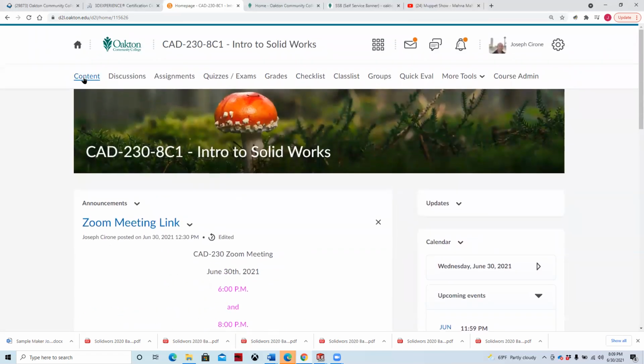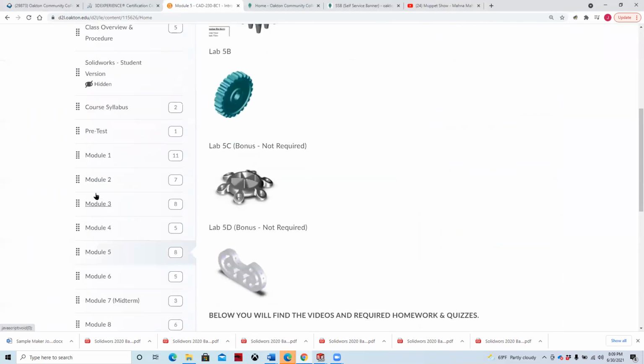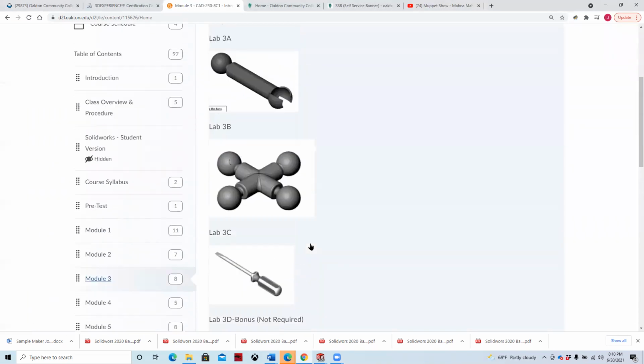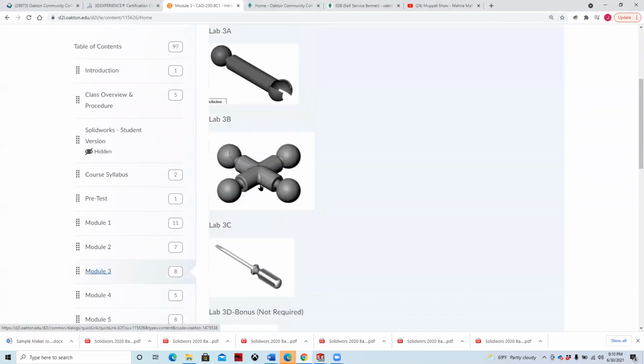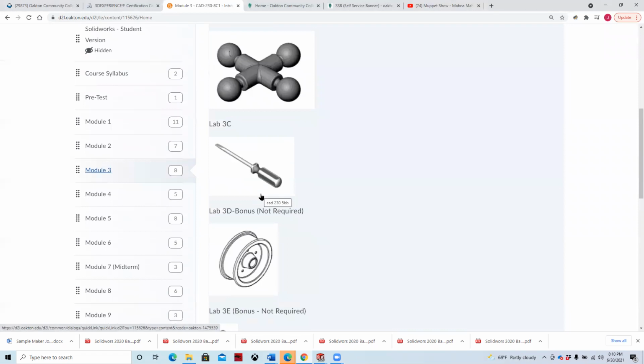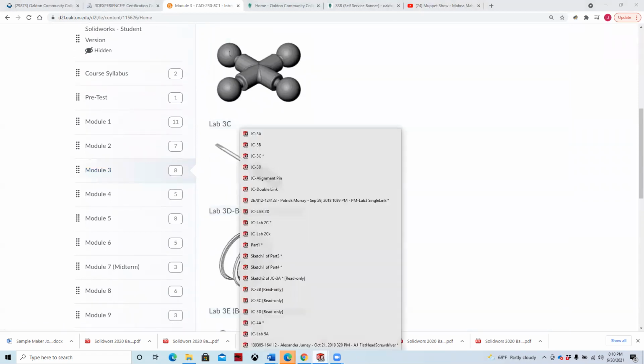If we look at the content for module 3, the exercise is to work with revolve and mirror commands to create part 3A, 3B, and 3C. And if we take a look at those,